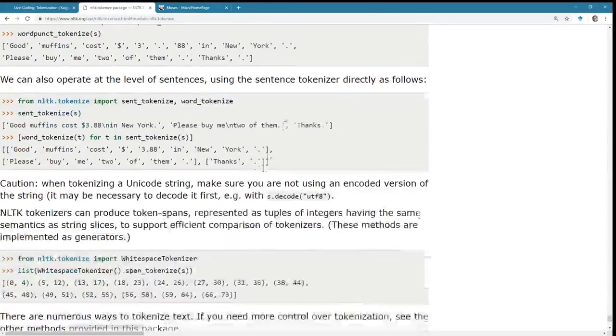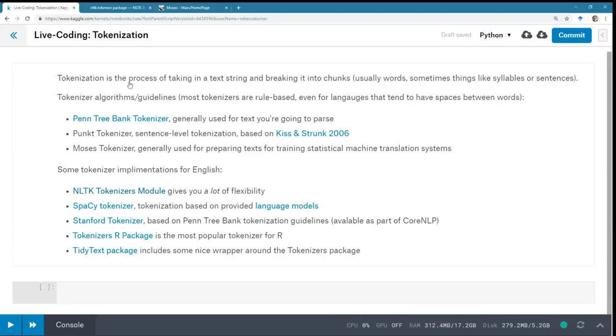And like I said, NLTK has access to Penn Treebank and Punkt and Moses, and some other ones that I don't see used as often. The fact that I don't see them used does not mean they're not good. It just means my circle of friends aren't chit-chatting about it, and it's not a reflection on the quality of the tokenizer.